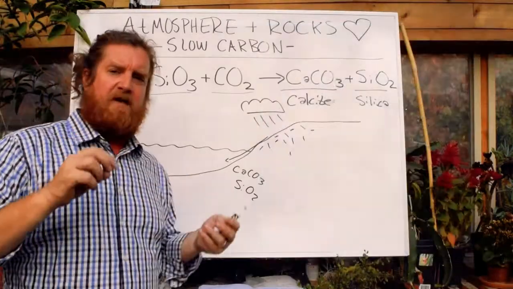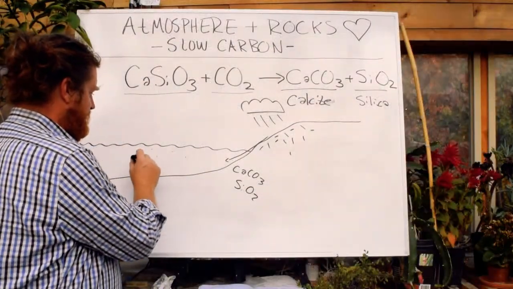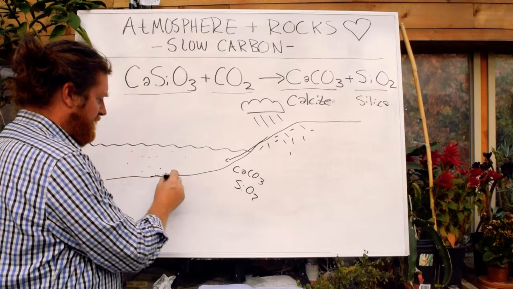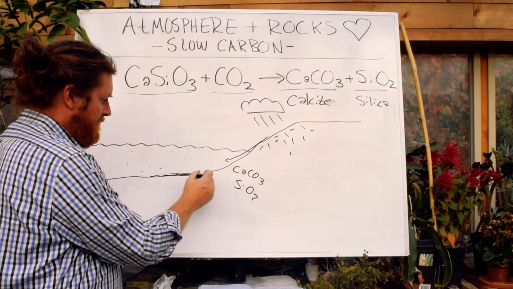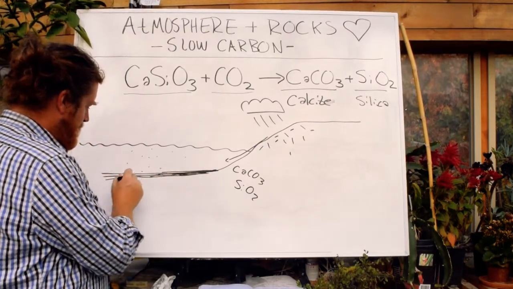Foraminifera and a couple of other things make their shells out of calcium carbonate, and so those critters live in the ocean, they die, their shells will sort of dissolve,